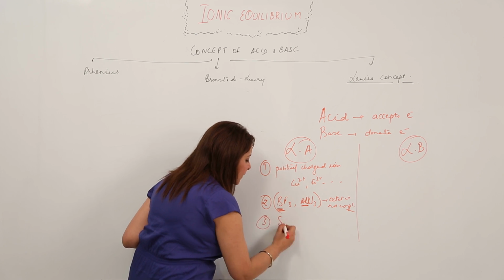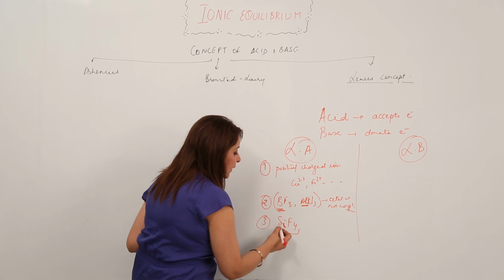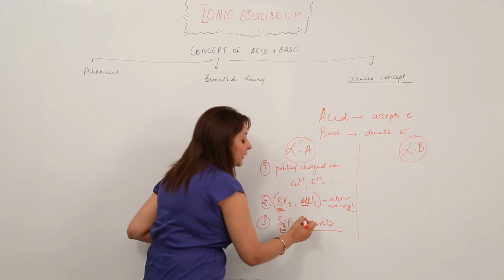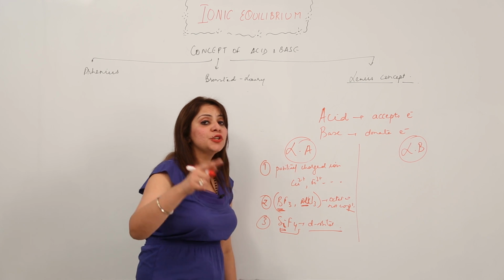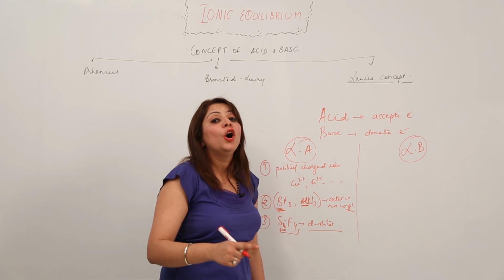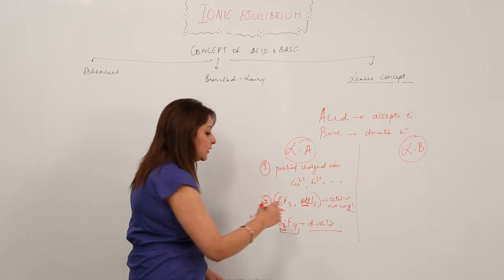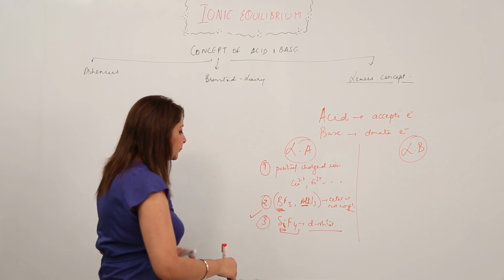Moreover, we have seen certain molecules like SiF4. What do we get to see in that? In this, the silicon has the vacant d orbital, and it can accommodate more electrons in it. So any molecule in which the central atom has a d orbital and can extend its oxidation number, or you can say it can accommodate more electrons, can act as Lewis acid. Similarly, SiF4 acts as a Lewis acid, right?